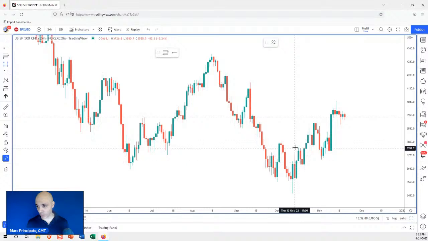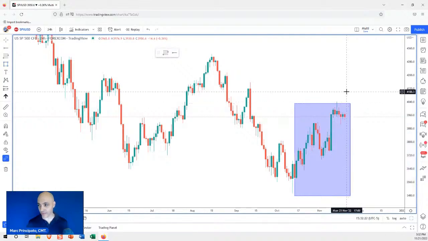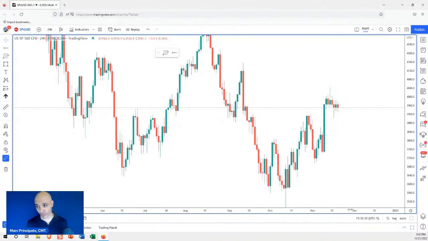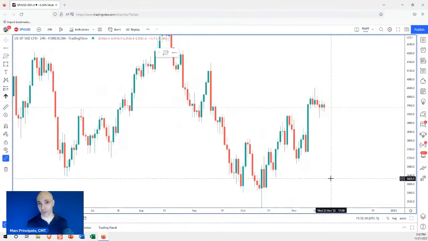I mean, you can count 1, 2, 3. Is that a 3? 1, 2, yeah, 4, 5, and then 4, and then this is basically like 5, right? If you want to talk about wave structures, there's 5 waves complete. But the thing is, waves can extend. Remember, they're highly subjective, right? That's why I don't place trades based on wave counts. I don't, because I know how subjective they are, and I know how random the market is.